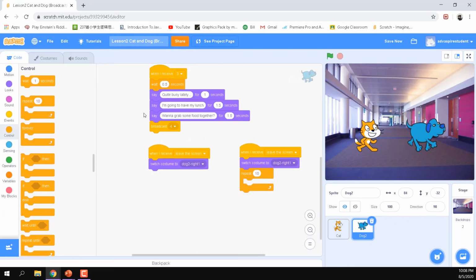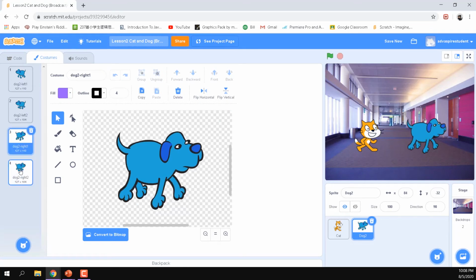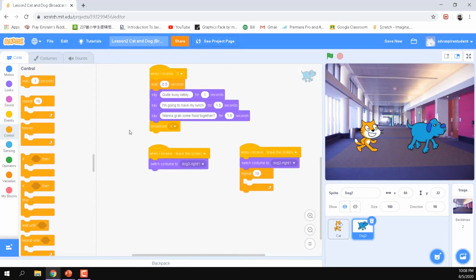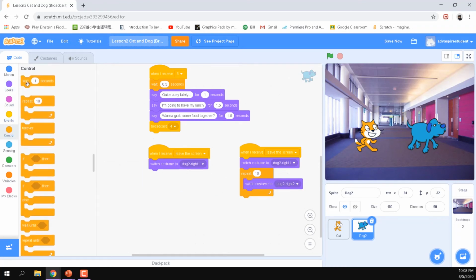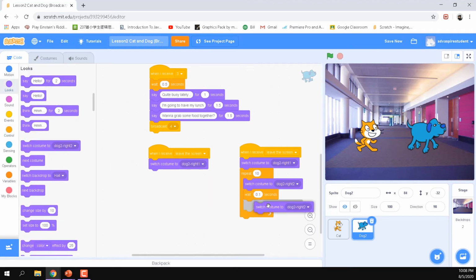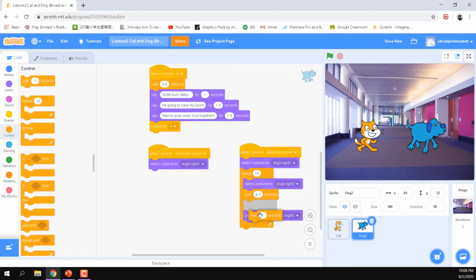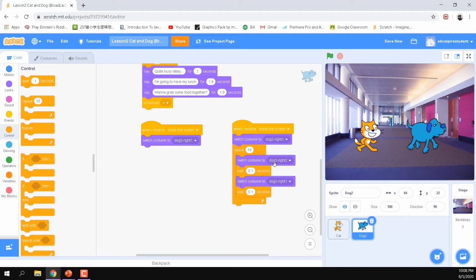So we are going to make it switch between these two only. So how do we do that? We just repeat switching the costume to right 2, then wait for 0.1 second, and you drag another one, switching back to right 1, and wait for another 0.1 second. I just put 0.1 second for the interval. Here he will be switching from right 1 to right 2. Keep switching for 10 times.